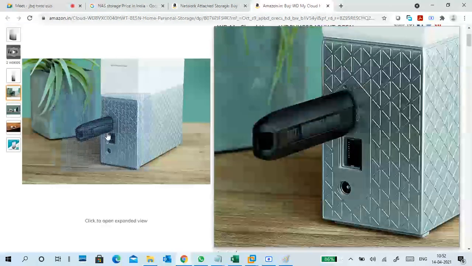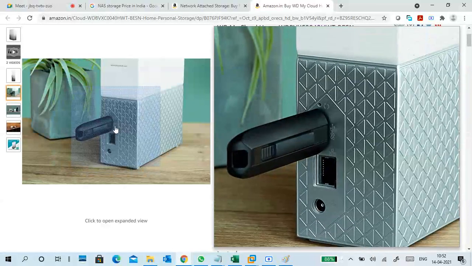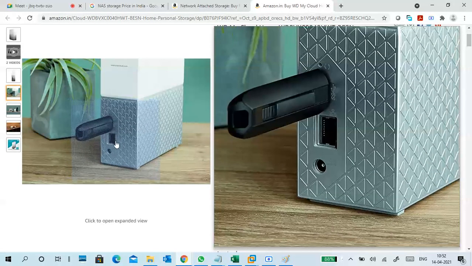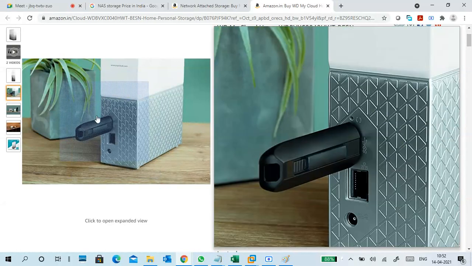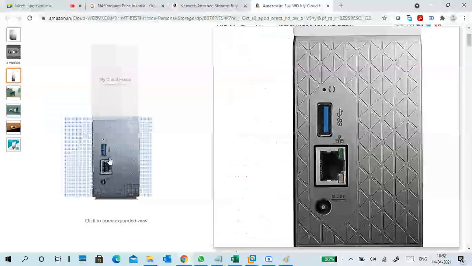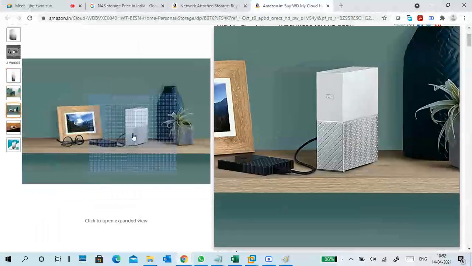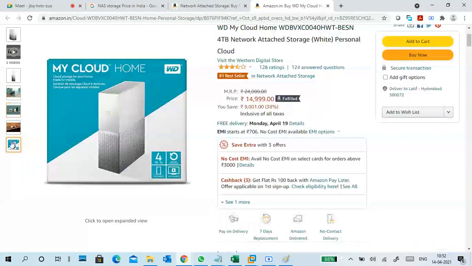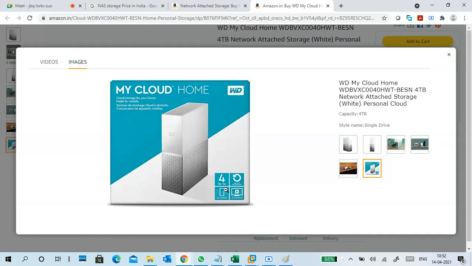If you see, you can connect a pen drive as well as an RJ45. This is a USB port, and at the bottom there is a power connection and also a network connection. You can directly connect a network here. This is a home one, and this is the highest one.